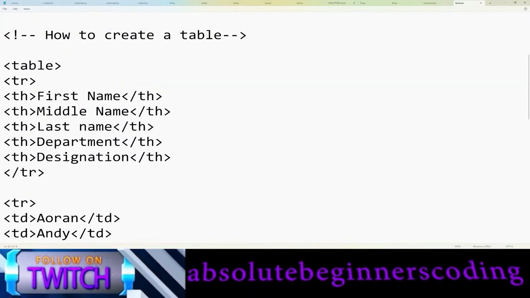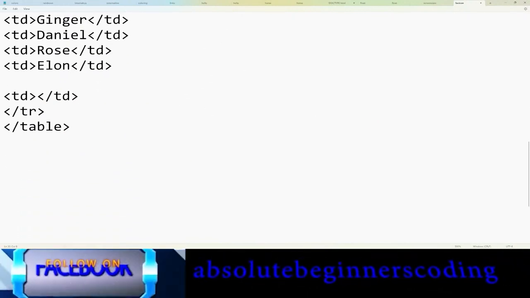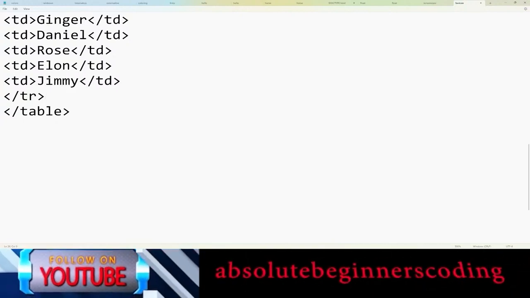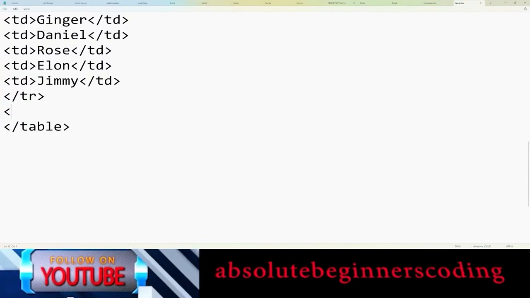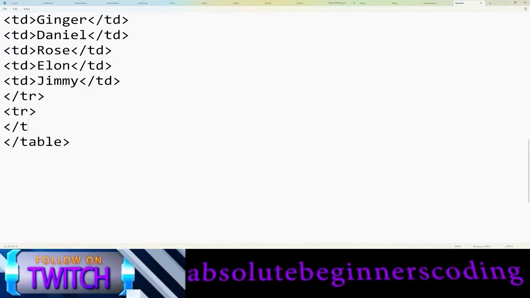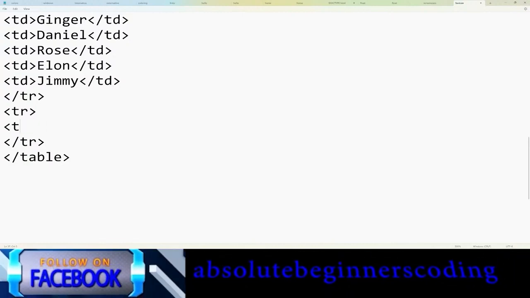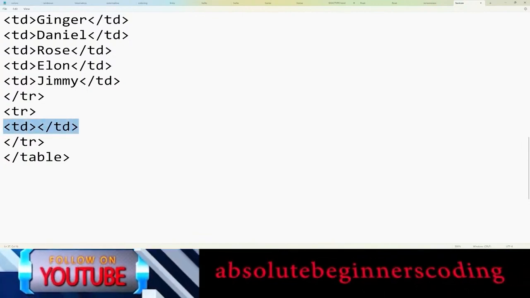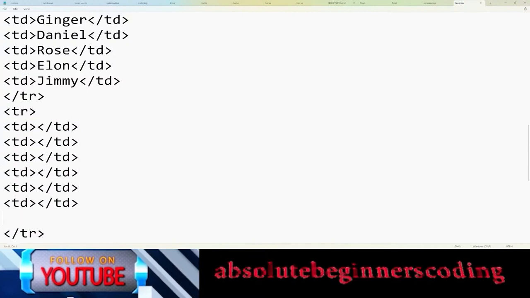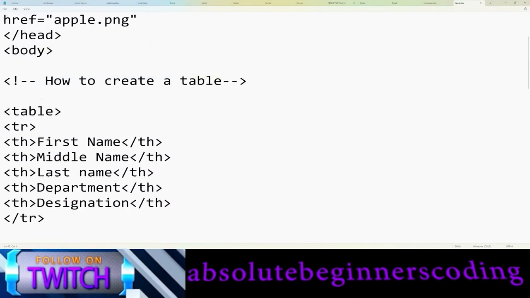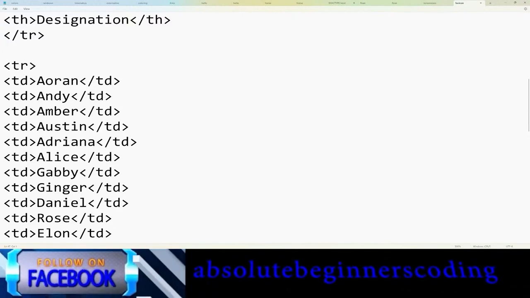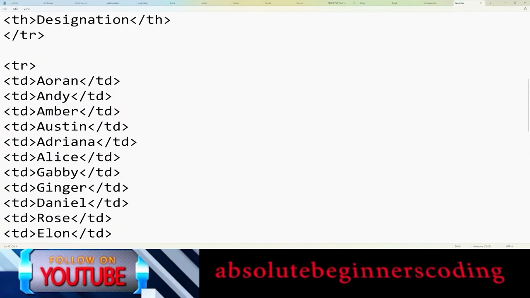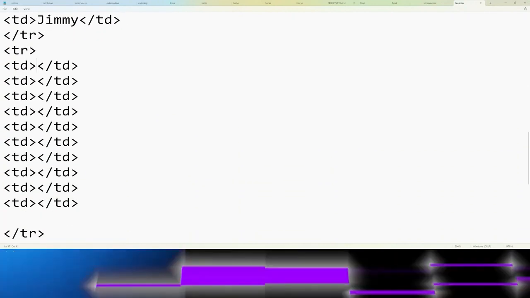Now let's add the second table heading under the middle name. Also one more left. That's Jimmy right there. Okay, now let's add another table row. Okay, now let's add the table data. I don't know how many. Add 1 2 3 4 5 6 7 8 9 10 11 12. So I have added 12 people, so I'm going to add the middle names